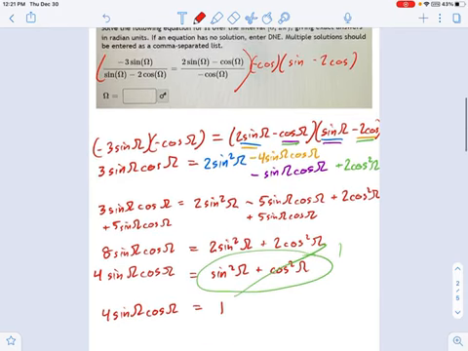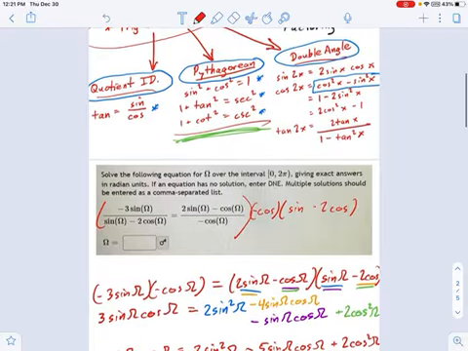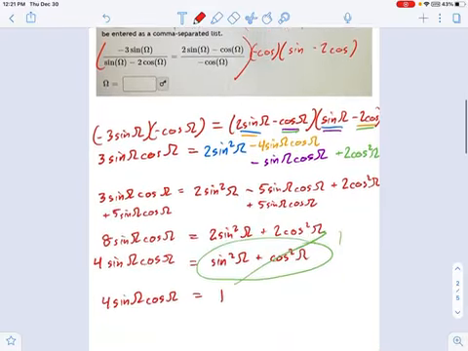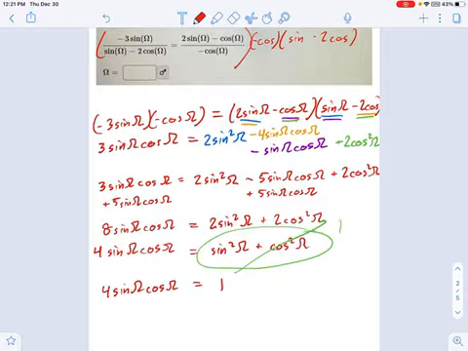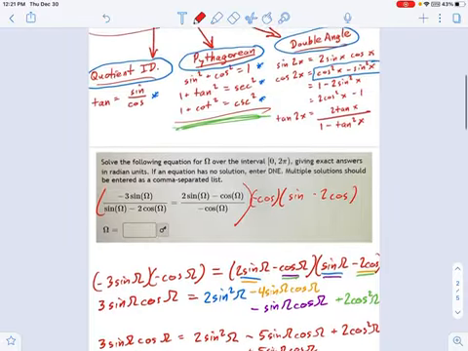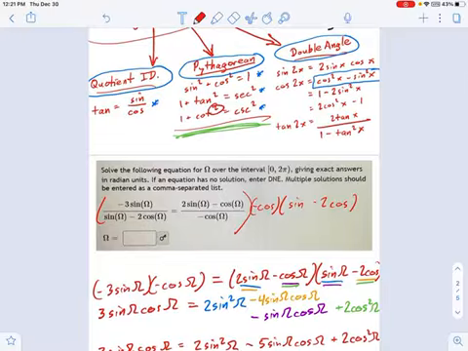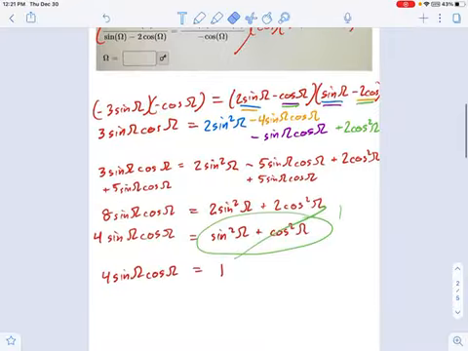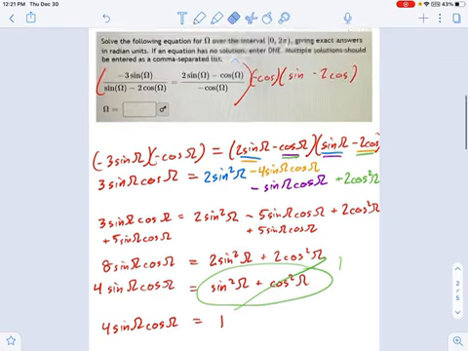Well, 4 sine omega cosine omega. You can't use a quotient identity because that involves fractions like sine divided by cosine, and that's not what we have here. We have sine times cosine. We don't have any squareds, right? No exponents, I mean. So I don't think the Pythagorean identity is going to work again. Now what we're looking for is a double angle identity, which may seem weird because there's no double angles, right? Those are single angles, and yet a double angle identity is our way out of this mess.